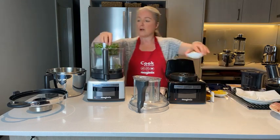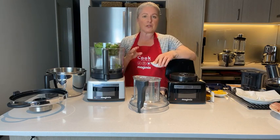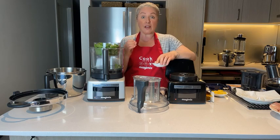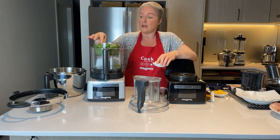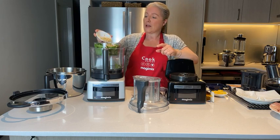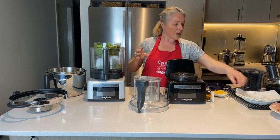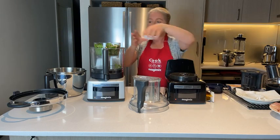I've then got my pine nuts, just raw. I don't roast them. You can roast them. It does change the flavour, but if that's the flavour you like, then absolutely go ahead. But hello, quick, simple, easy for me. And our couple of cloves of garlic, so that's all going in. Then we're going to add our 50 grams of